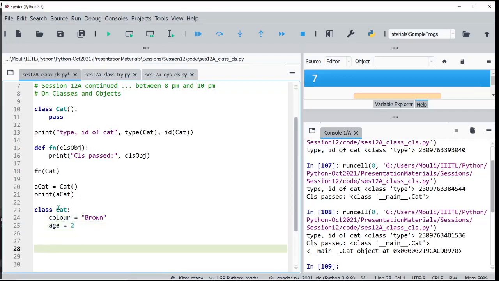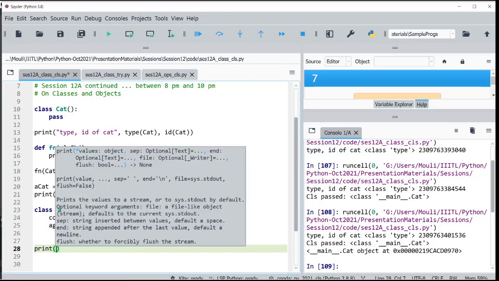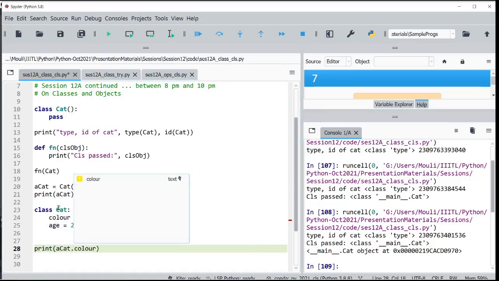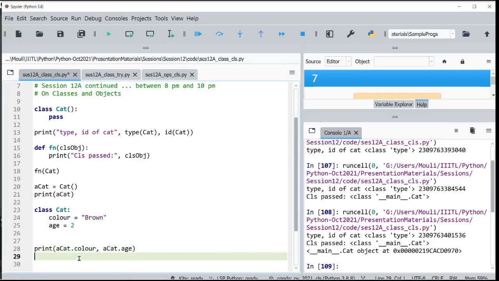So these are two class attributes. Now let me print it. I said that all attributes are public, so we can print both of them without any issue outside.